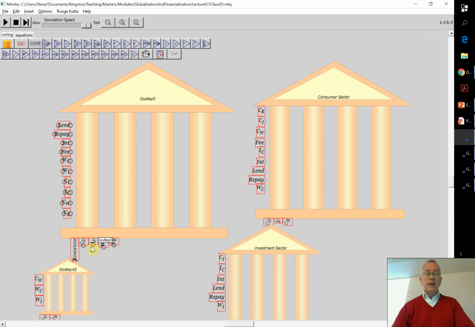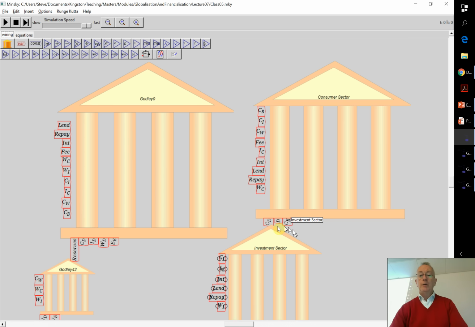So if I come down here, I have investment by, let's see, wherever I've got debt. I've got debt over here. Now this is going to be bloody ugly, but it's still worth taking a look at. What is interest on debt? How would I define interest? It's the rate of interest on loans multiplied by the outstanding level of loans. Okay, so I need an equation doing that.